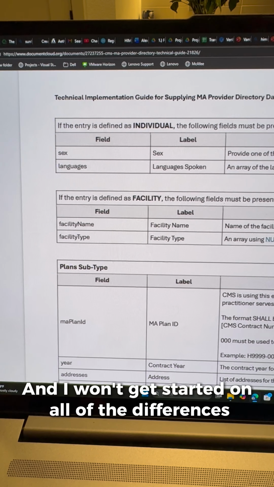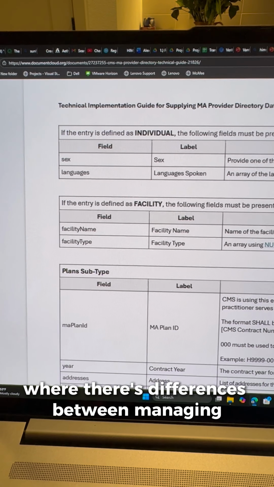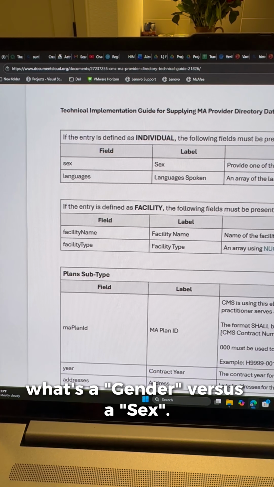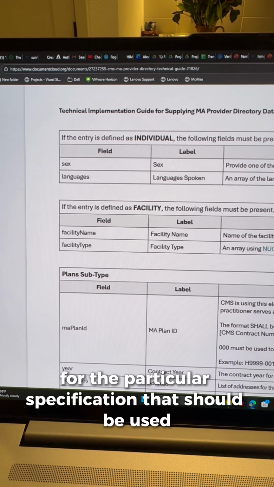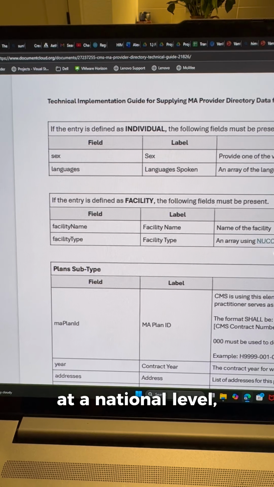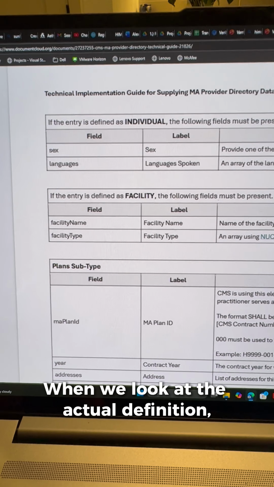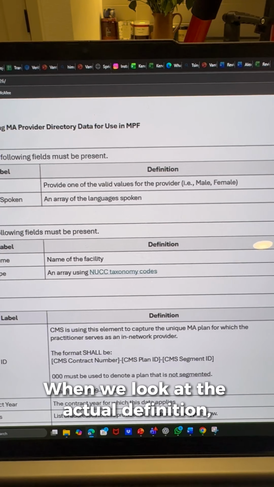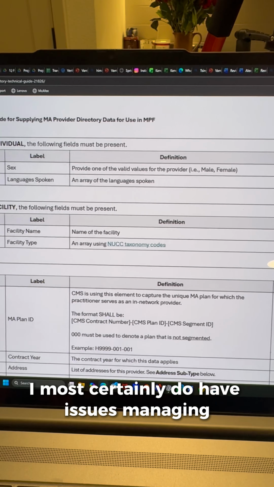And I won't get started on all of the differences when it comes to managing data, where there's differences between managing what's a gender versus a sex. And so for the particular specification that should be used at a national level, the actual attribute name should be gender. When we look at the actual definition, move over here,